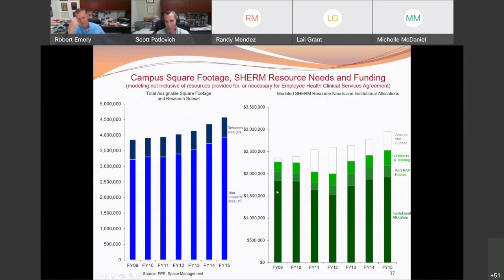Now, here's the important subtlety. Notice the dark green, that portion was declining over time. But once we were able to make the case and show that as the institution grows and this portion of the institution grows as well, that the costs go up, we were able to reverse that trend. And you'll see the institutional allocation went up. Upper management began to understand the story we were trying to tell. We still have a gap, and we have to be able to answer the question, what's not happening? What is it you're not doing because you don't have that money, which we have. But overall, the way that we've got the right data, the way it's displayed is very powerful, and it's actually served us well.